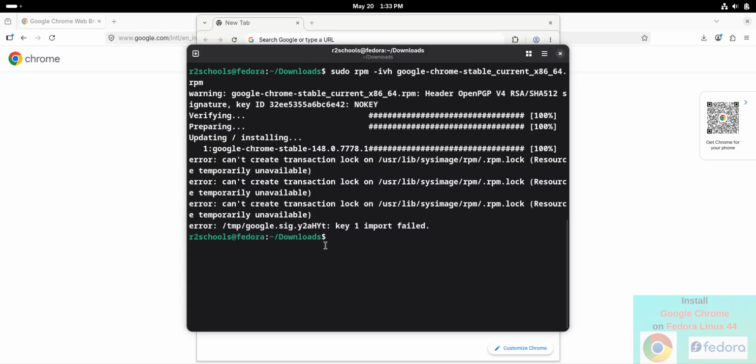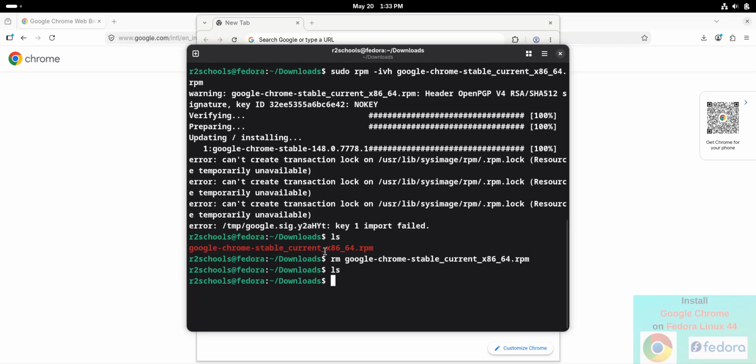Okay. Now ls, this file is not required anymore. I am deleting it to clear the space. rm google, then press tab. Now we have cleared the space. Okay, so in this video we have seen how to download and install Google Chrome current stable release number 148